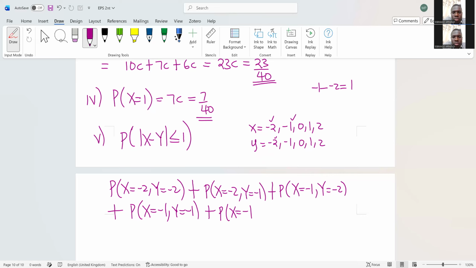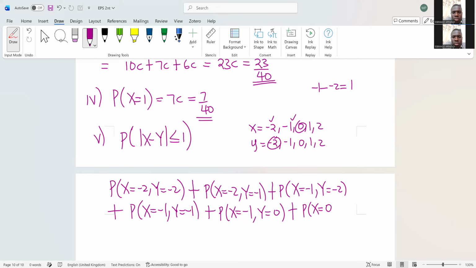Probability of x equals -1, y is a 0. -1 and a 1 does not satisfy. -1 and a 2 does not satisfy. So -1 is done. Then I go to 0. 0 and -2 does not satisfy. 0 and -1 satisfies. So I have probability of x equals 0,